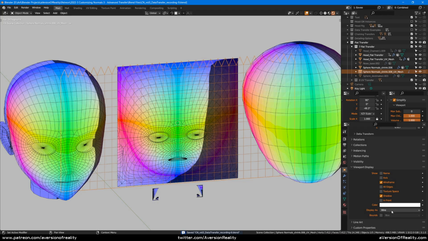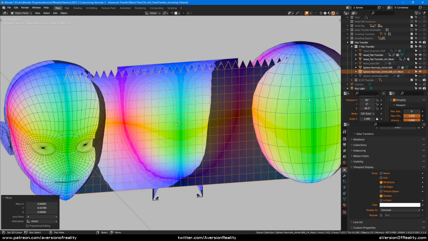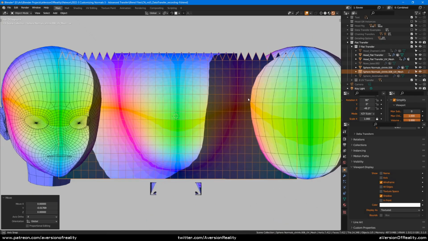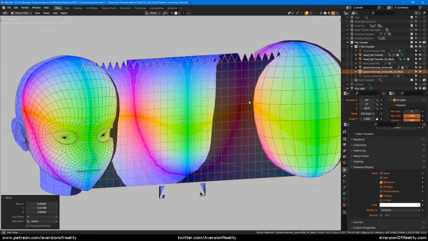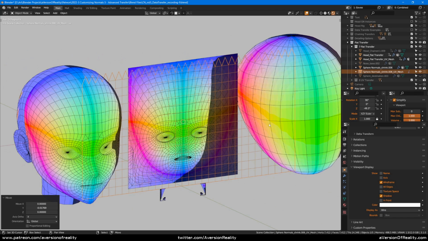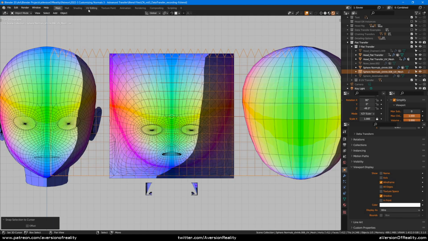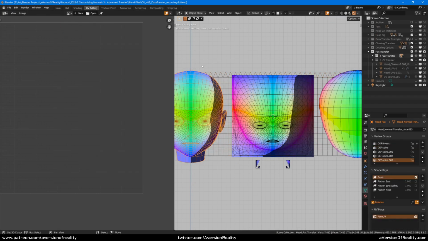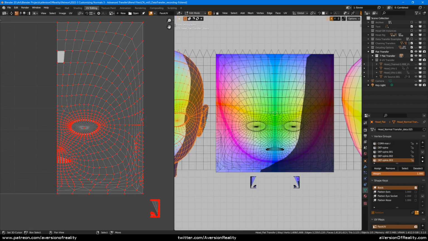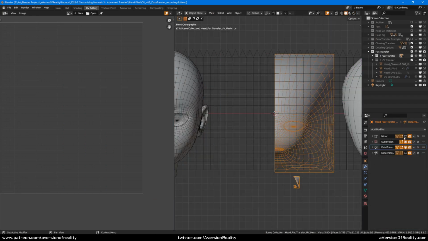What we're looking at here is the same idea as our earlier setups, where we duplicated both objects and transformed them to be about the same shape, so that we could get a clean proximity transfer. But this time, that intermediary shape is flat, and it's actually the UV map. We can flip over here to UV edit mode, and there it is. That's the UV map. It's mirrored, of course.